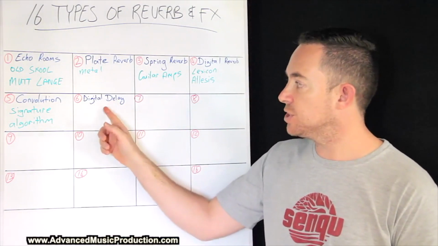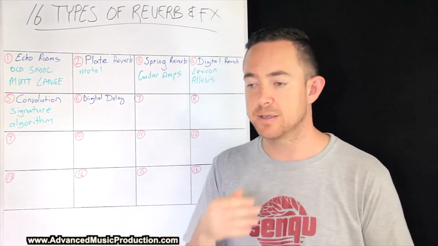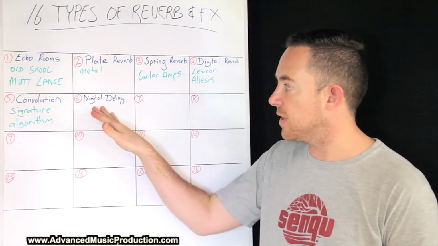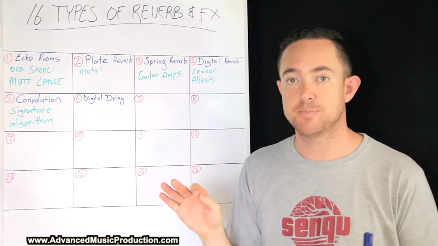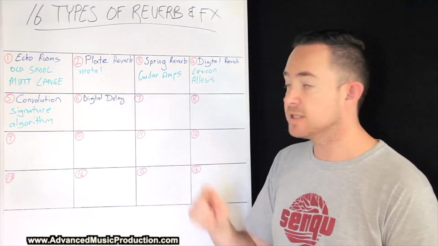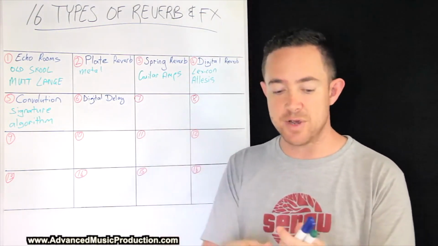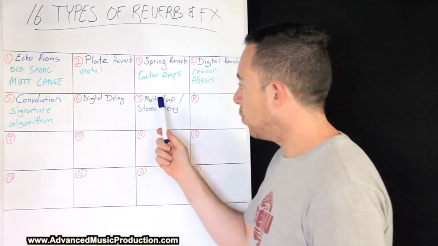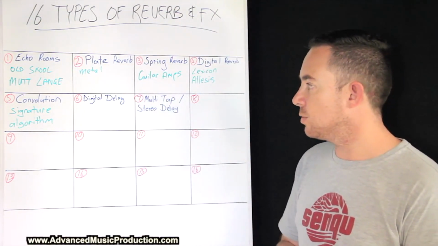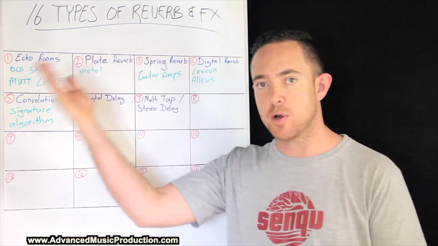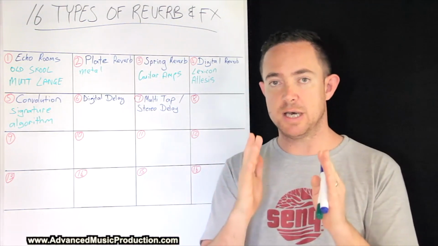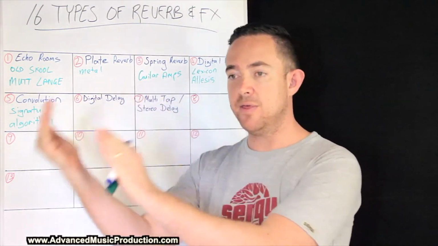And initially, this was just used to create 1 or 2 delays from the original sound, almost, as I said, like an echo. This is a very, very simple thing, and usually we just measure this in milliseconds. But it can get a little bit more complicated because what came out after digital delay was something called multi-tap or stereo delay. So what happens in a multi-tap delay or a stereo delay is people started to say, well, why instead of having 1 delay just coming after the signal, we have multi-delays? Imagine we had the original sound, and then we had another echo, and then another one, and another one.